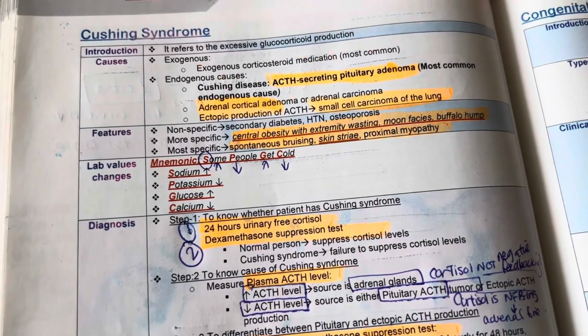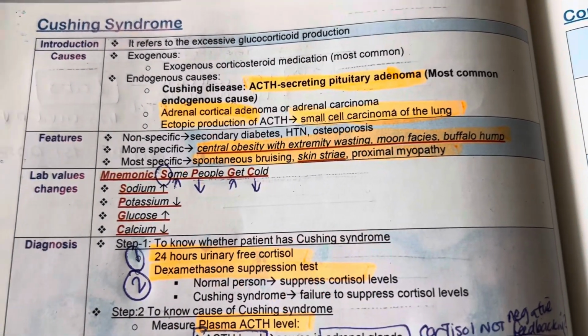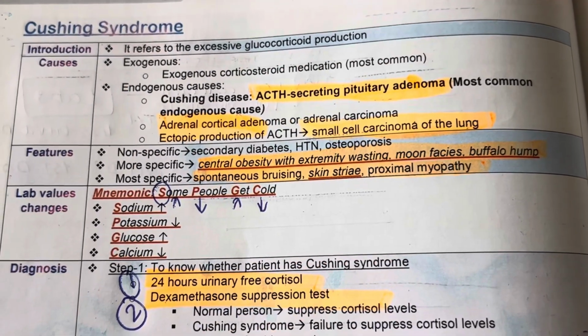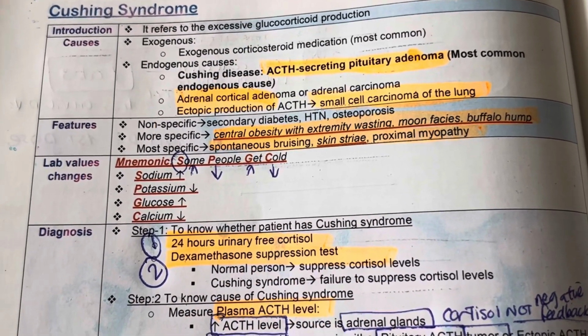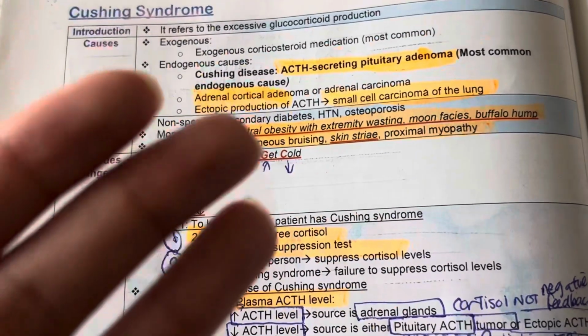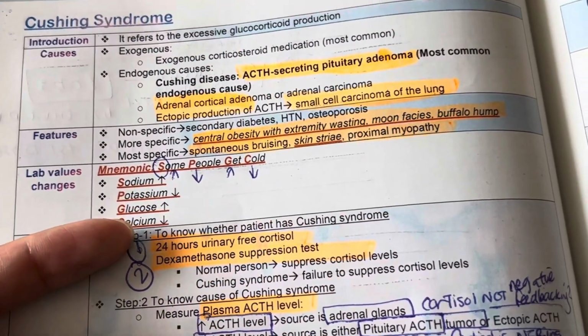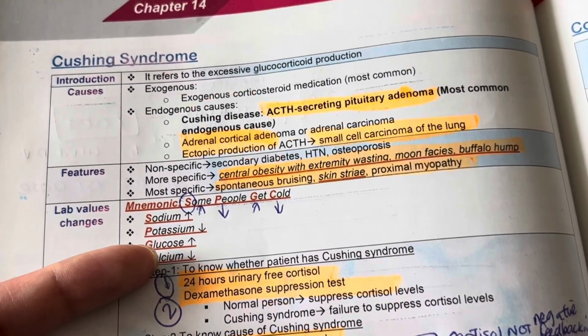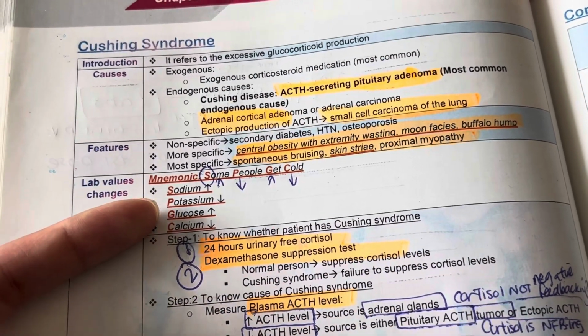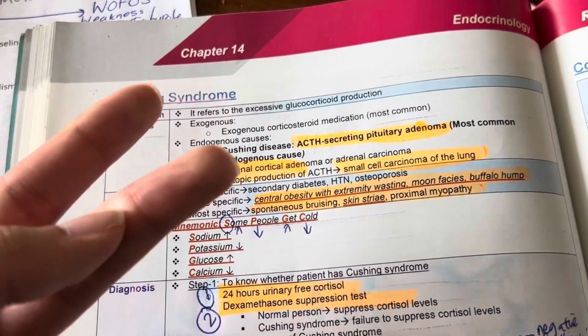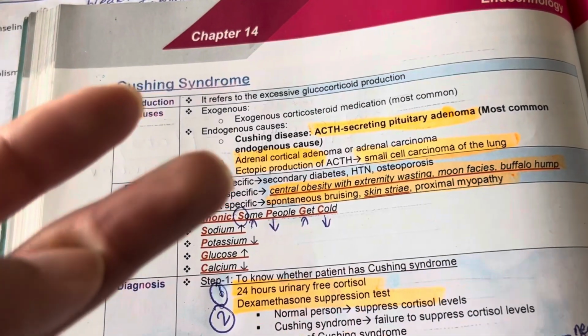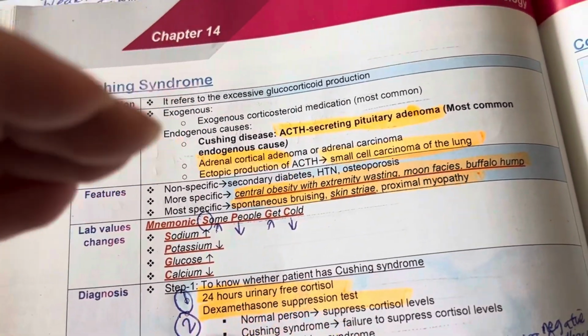This video will be a quick refresher on Cushing syndrome and pediatric presentations as well. So Cushing syndrome, what are the three causes? It can be an exogenous stimulation of the adrenal gland due to exogenous corticosteroids. It can be endogenous. The endogenous production can be due to a problem within the adrenal gland itself, which is